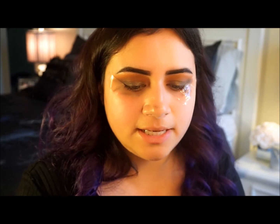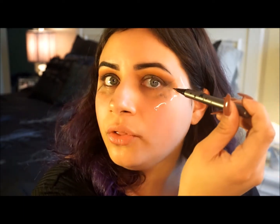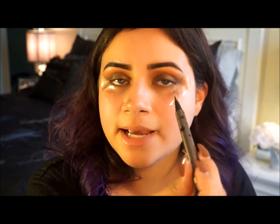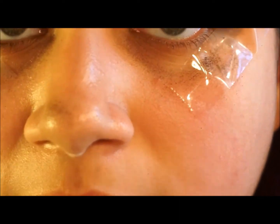Go ahead and do my wing liner using the Kat Von D Trooper liner. It's a liquid liner with a felt tip. So I'm gonna go ahead and do my liner. Follow the edge of the tape and you can get the perfect application, and then just bring it back down like a triangle. I'll go ahead and do one zoomed in so you can see